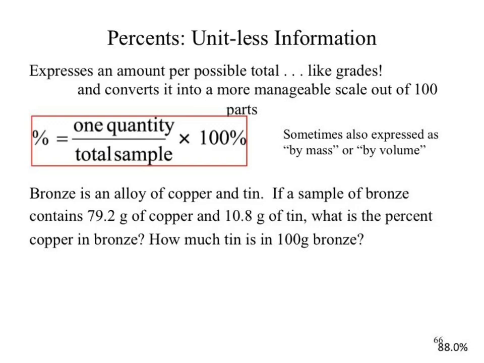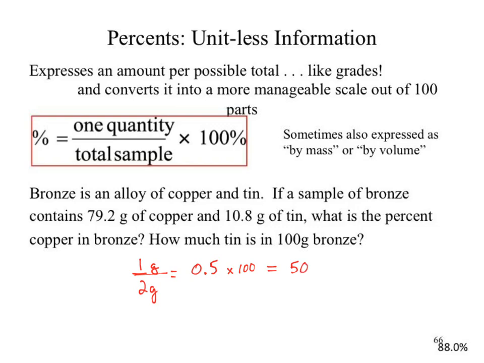All we're trying to do is now relate this to an easily measurable system, and that's where the 100 comes in. Because if we just took, say, that 1 gram out of 2 grams, we would end up with what? 0.5. Y'all love decimals, right? So we'll just keep everything in a decimal format. Most people don't like decimals. So what do we end up doing? We multiply it by 100 parts. When I multiply 0.5 by 100, I end up with